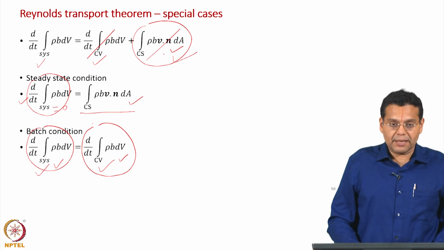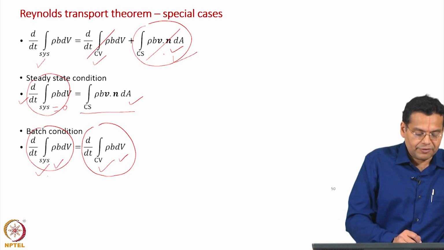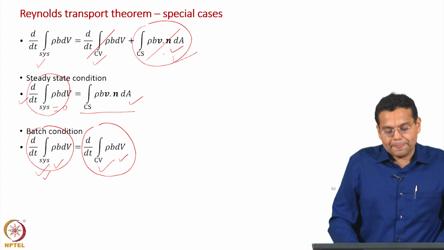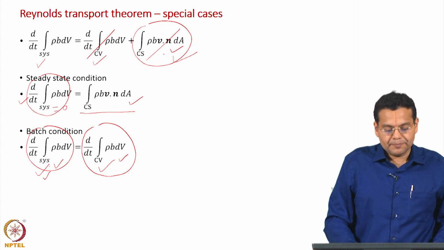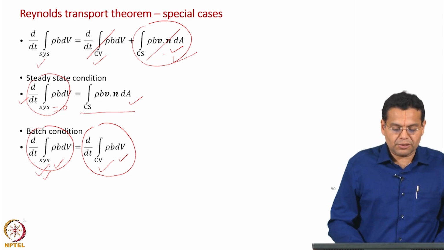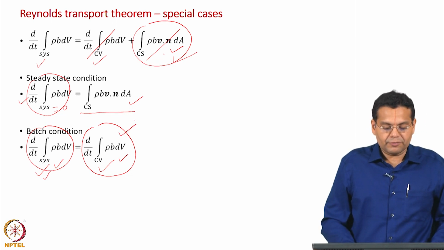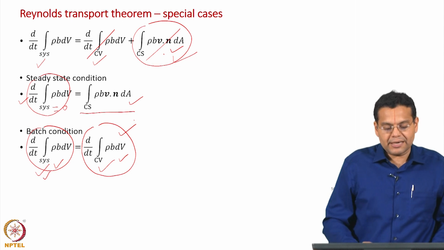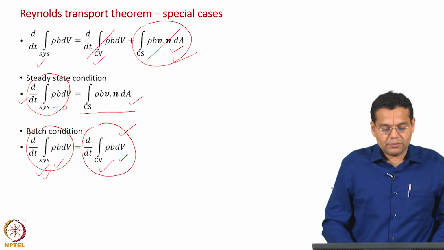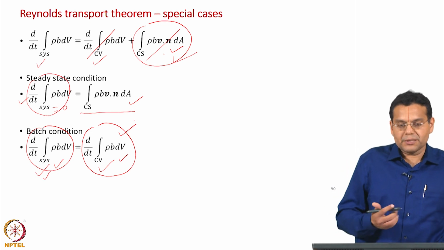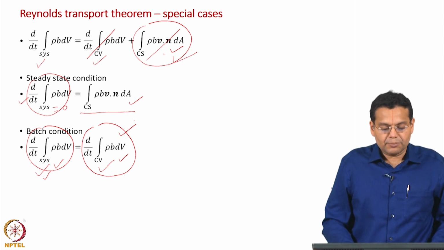Suppose we are applying for energy balance, okay. What will happen? The left hand side is the rate of change of energy for the system, which is non-zero, because that is equal to the net rate at which heat transfer and work transfer take place. So, in that case the rate of change of energy for the control volume will be equal to the net rate of heat transfer and work transfer. So, the left hand side could be 0 or non-zero depending on the property or the balance for which we are going to apply this equation.